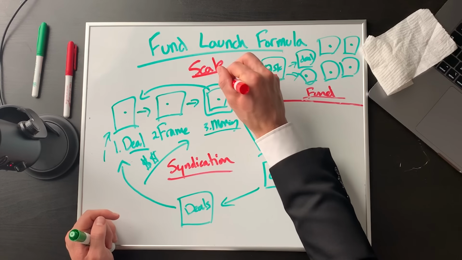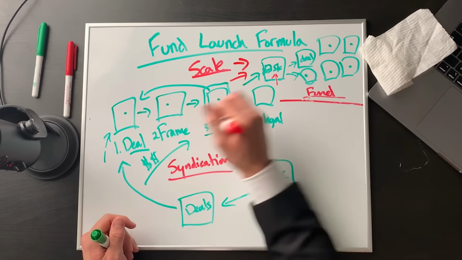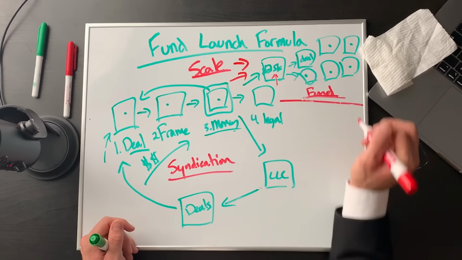The investors pay you to hire the lawyers, to hire the accountants, to build the team, to get those bank relationships. And a lot of you guys know it's just as hard to flip a small home as it is to flip a big home, because you have more money to play with. That's the same thing here when scaling through a fund. So hopefully that helps a little bit. That's the fund launch formula, 4 steps, syndications versus funds.